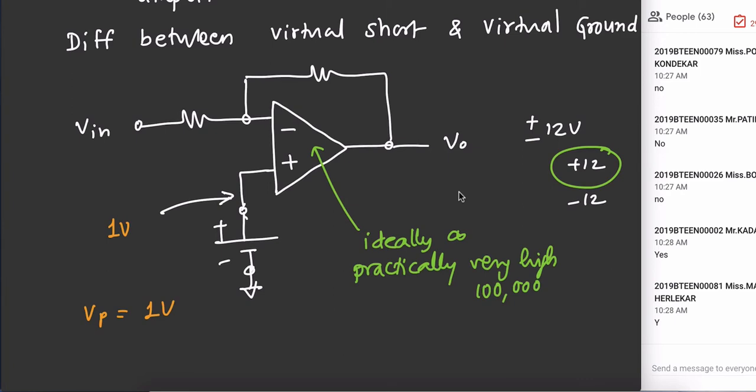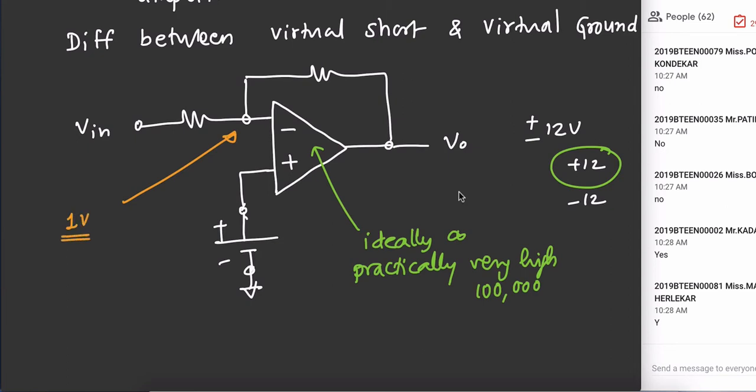The op amp's gain is still the same, right? And therefore, Vn will be equal to still Vp. And therefore, now Vn will be how much? 1 volt, because Vp is 1 volt. So let me write down that here, rubbing out rest of the things. So let me write down that this voltage is 1 volt.